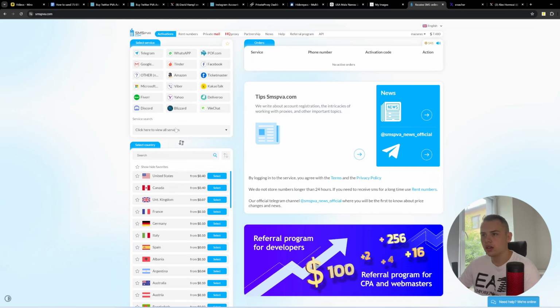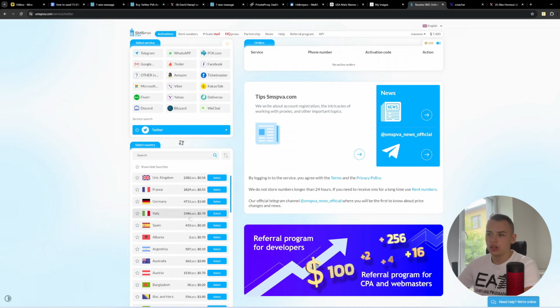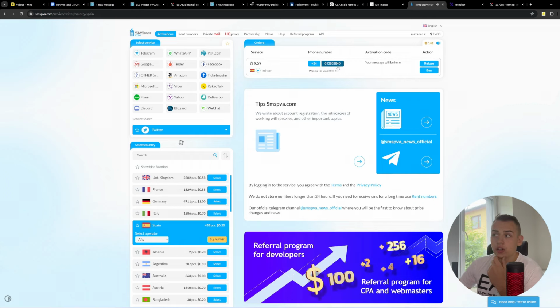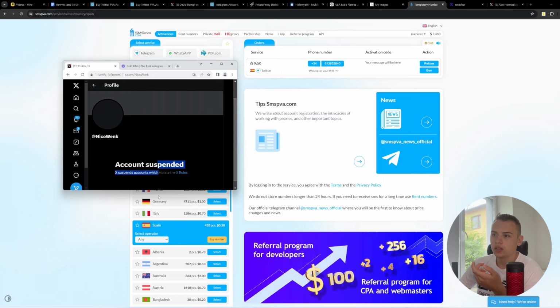You need to first say Twitter. And for the country, I usually use Spain because it's the cheapest that is actually working. So then we just click buy number. You get the number here, and then you can copy it and place it on Twitter, and then just copy the code. And yeah, this